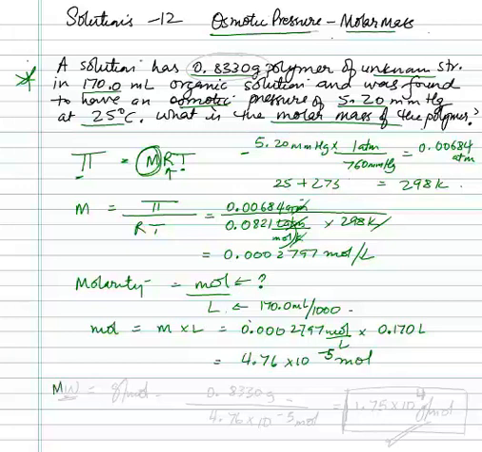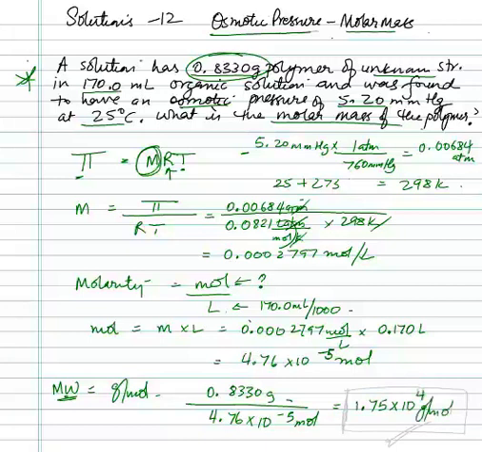So again, remember, molecular weight is grams per mole. So if you're trying to calculate the molecular weight of something, you already have the grams given here, which is 0.8330 grams. Divide that by 4.76 times 10 to the power of negative 5 moles. So once you get the answer for this one, it will be 1.75 times 10 to the power of 4